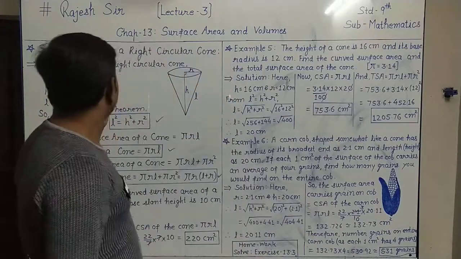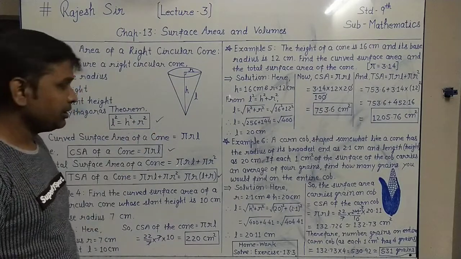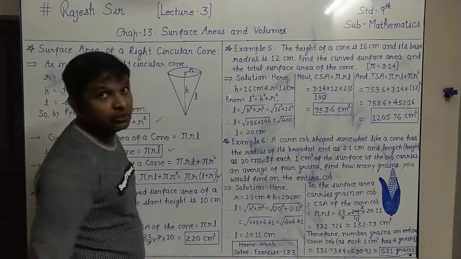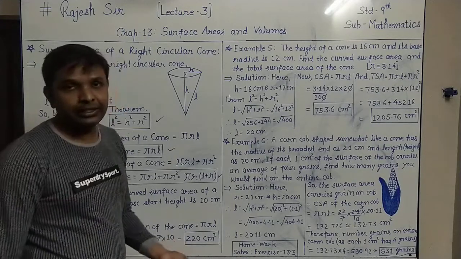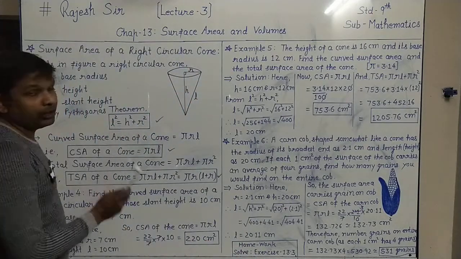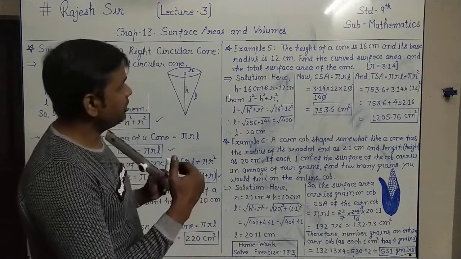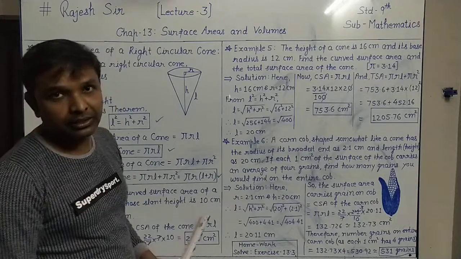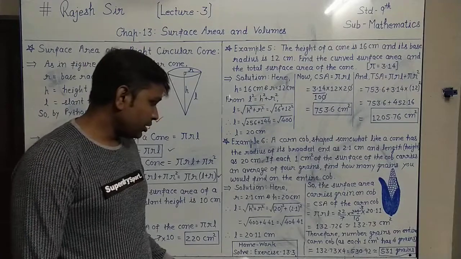So this is all about the given examples, surface area of the right circular cone. Examples 4, 5 and 6 we have seen. After this, in our textbook we have exercise 13.3, in which we will find all the questions related to the right circular cone only. Somewhere we have to find the CSA, somewhere two quantities may be given and one we have to find. That way the questions we will find. All the questions will be very useful, and you can solve them by seeing these examples very well, understanding these examples. So it is your homework to complete and solve exercise 13.3.